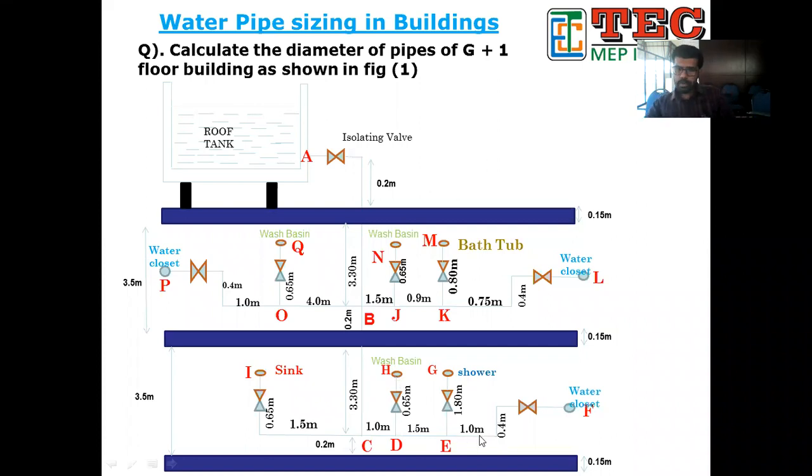So we got the pipe size of EF because it's a minimum pipe size. We got the pipe size of GE because that is also a minimum pipe size we can directly get. DH is also a minimum pipe size that we can directly get. DE we have to calculate. How? We add the WSFU, then go to a graph to find the GPM for that WSFU. If you get the GPM, you can find the pipe size. Now, can you say how to find the pipe size of CD?